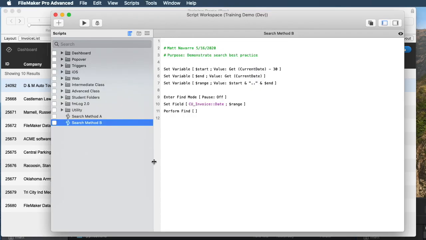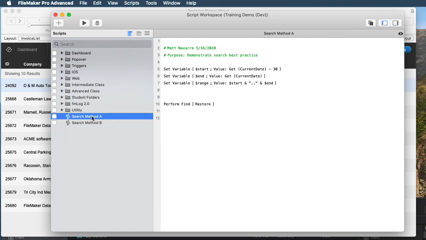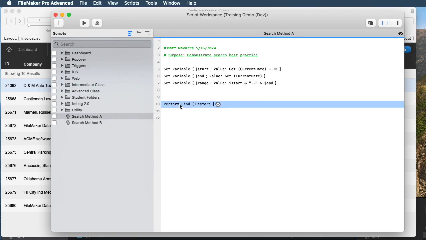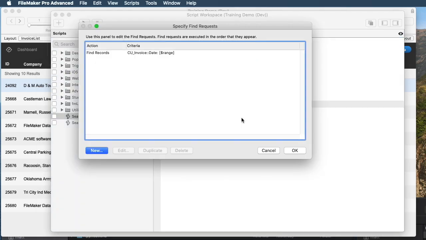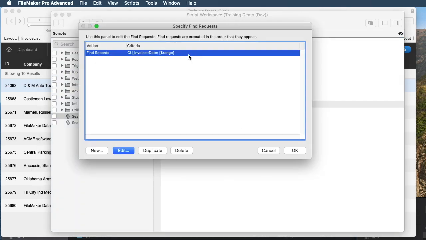The difference is really what you can see and how much work you have to do to change and make modifications to the script. So let's say we want to amend our search and we only want to limit to find records where the invoice amount was greater than a certain dollar amount. If you want to use method A here, where you have to perform find, you have to kind of go into it. So click on the gear, click on specify, click on the find request, go to edit mode,